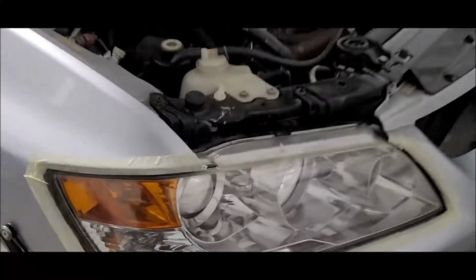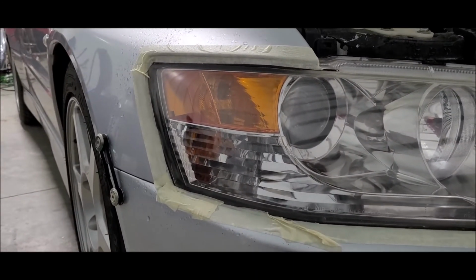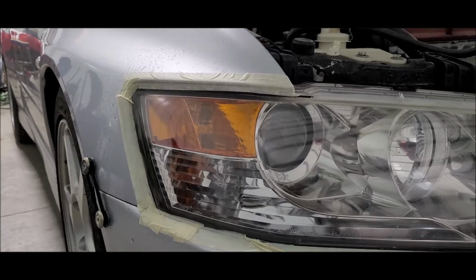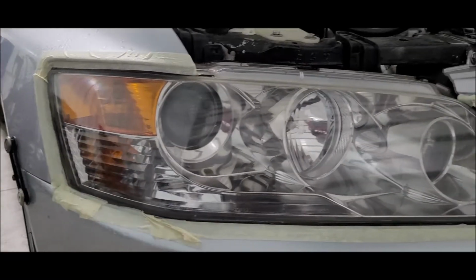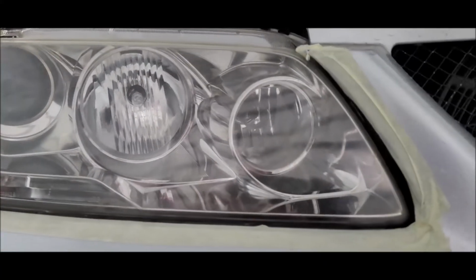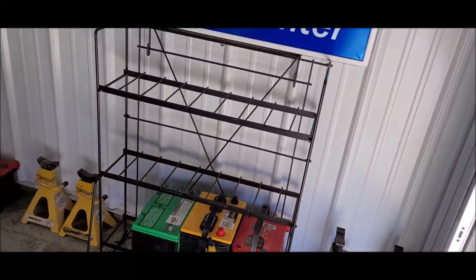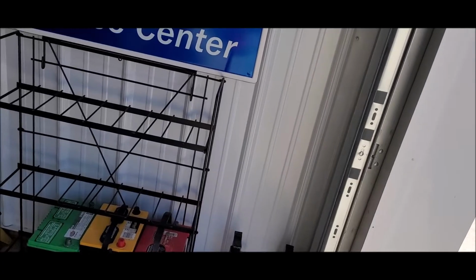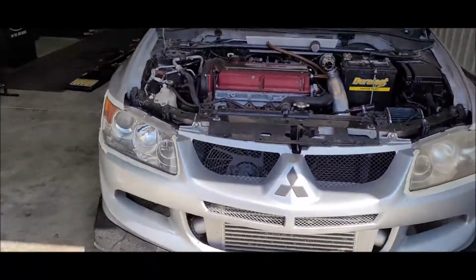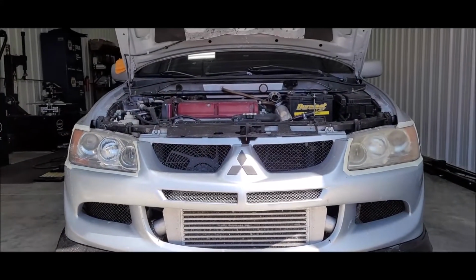So, not perfect, but if you're buying, excuse my language, a headlight restoration kit from Harbor Freight and expecting perfection, then you're on the spectrum. So yeah, that is passenger side versus driver side. I'm gonna pop this door open. Look at them side by side. The difference is crazy. I hope you guys can see that